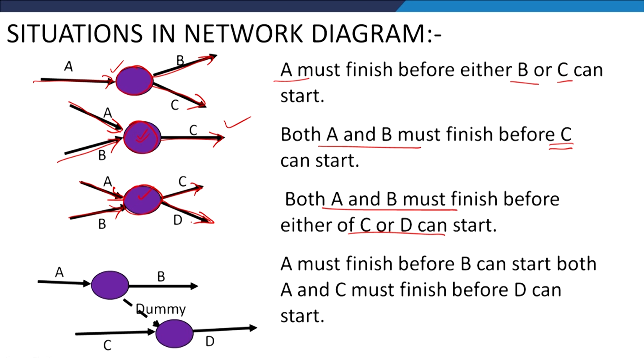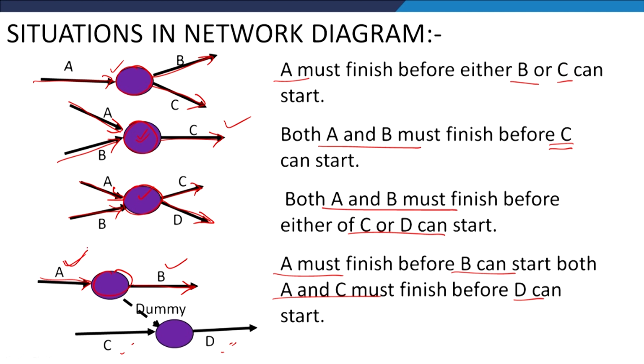And if we want to show that certain activities depend on other activities before commencement, then that can be shown with the help of dummy activities. Say A must be finished before B can start, and A must also be finished before D can take place. So, this is one situation where B can be started only after the completion of A. That has been shown by this node, and thereafter we are starting activity B. But here, likewise, activity D can be started when activity C is completed and at the same time activity A is also completed.